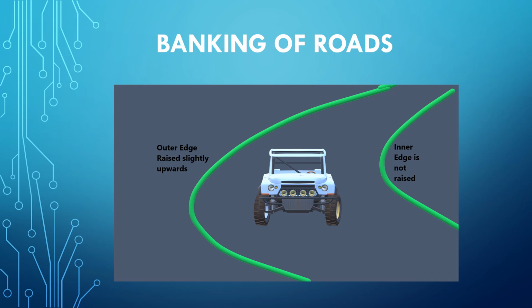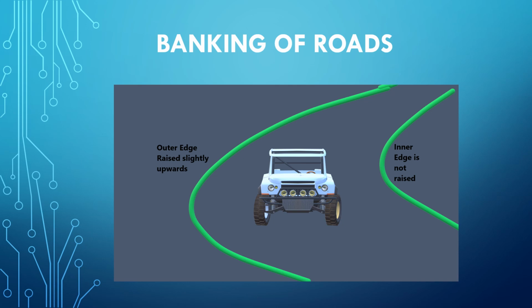Now, the two main problems that we may encounter during this motion are these. For example, if the coefficient of friction is not that high, or the road is wet or icy, then the friction force will be insufficient, and there is a danger of accident because the vehicle will skid, right? But another problem is that even if you have a very high force of friction, like a very rough surface, then also